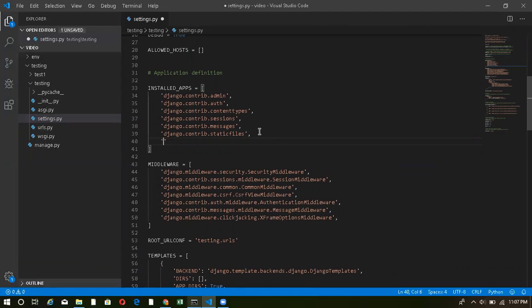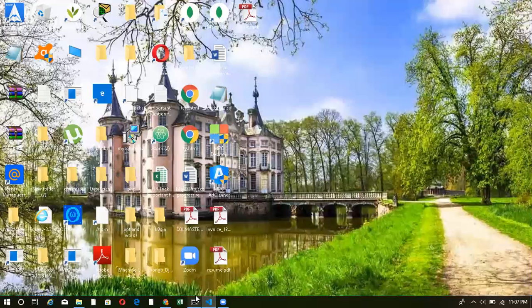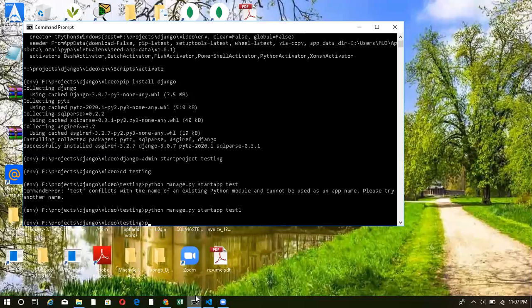So I can add the name as test1 and a comma. Okay, now if you just write python, you don't have to enter inside your app directory.